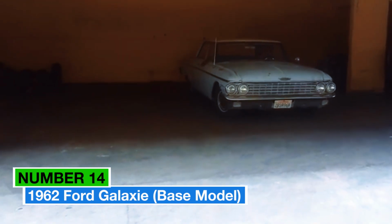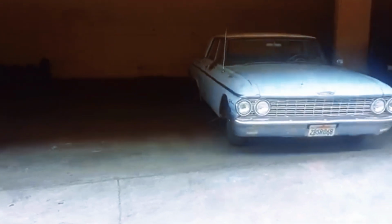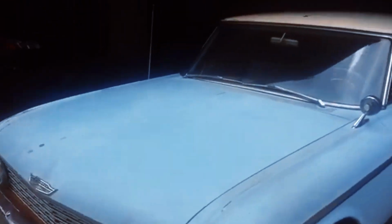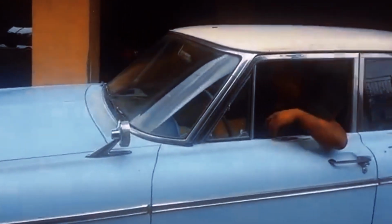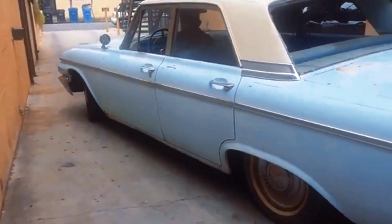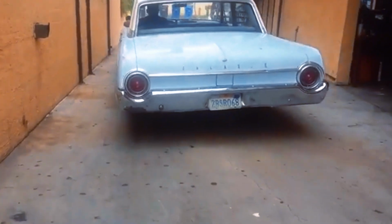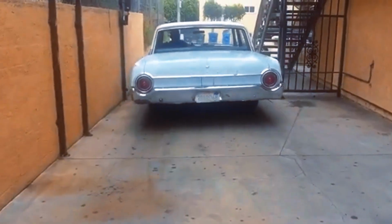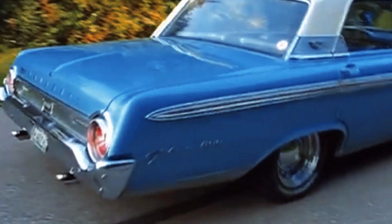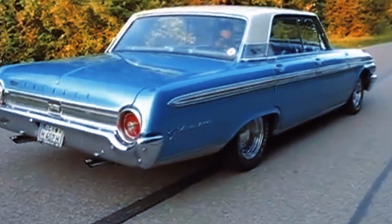Number 14. The 1962 Ford Galaxie was part of Ford's full-size car lineup and was named after the space race, which captured public imagination in the late 1950s and early 1960s. The base model was designed as an affordable, family-oriented vehicle rather than a high-performance car. While the Galaxie name would later be associated with muscle car performance, particularly with models like the Galaxie 500, the 1962 base model failed to excite consumers. Its combination of uninspired styling and lackluster engine options made it one of the more forgettable vehicles in Ford's lineup